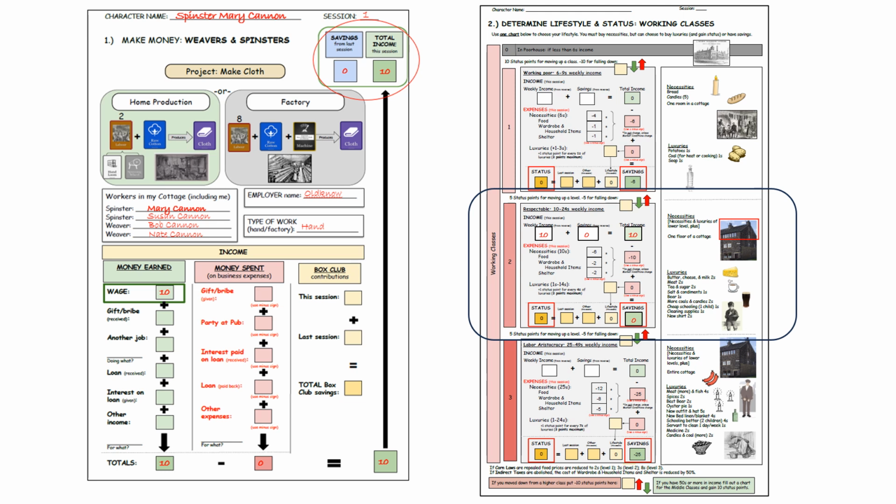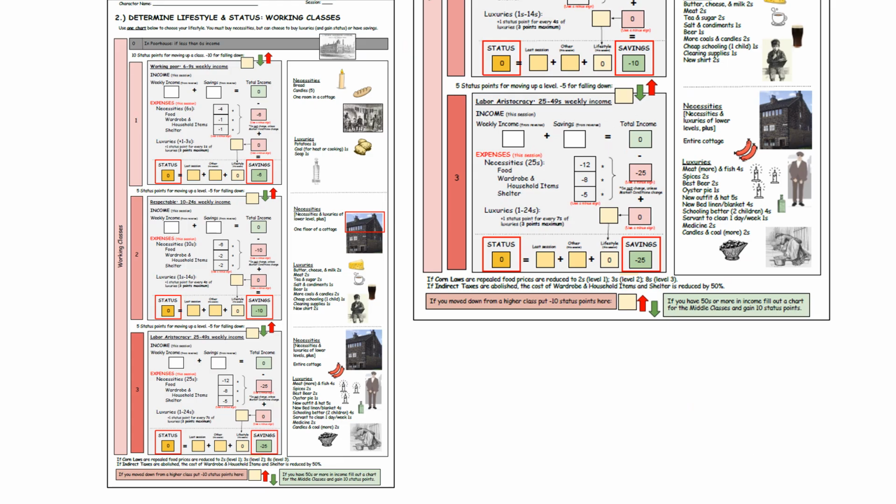So for example, here is spinster Mary Cannon making just 10 shillings the first session. And she is paying 10 shillings in necessities, so she ends up with nothing. But if the Corn Laws are repealed or indirect taxes are repealed, their consequences are indicated at the bottom of the worksheet. So you can see the pictures on the right show how little she has, and partially this is